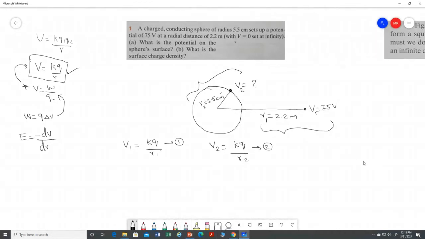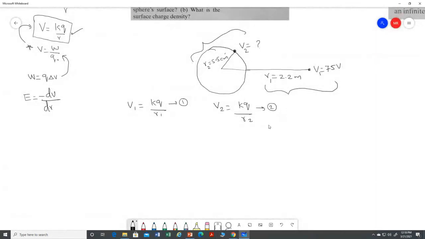Now, the main thing, we are going to find the value of V2. So I am going to divide equation 2 by equation 1. Left-hand side divide separately, right-hand side divide separately. So on the left-hand side, if you divide, what will we get, my dear? V2 over V1, which is equal to